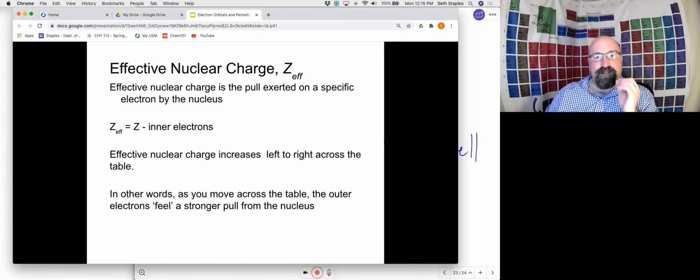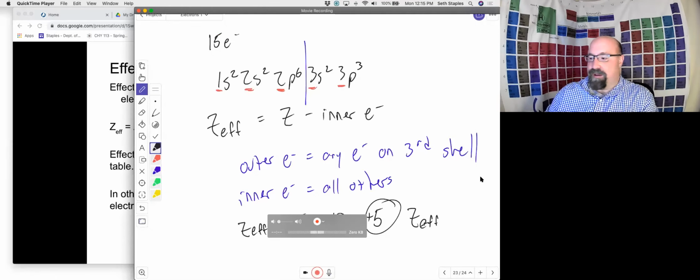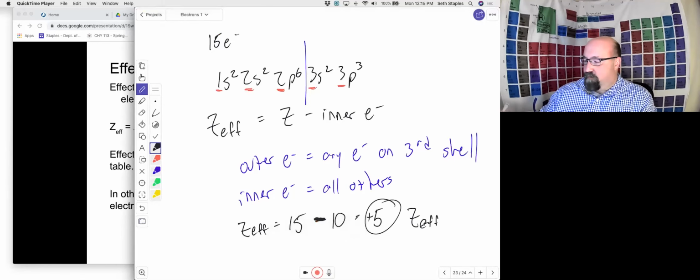And so that should make sense to you then, that the effective nuclear charge will increase left to right across the periodic table. And so again, if we just turn back to here, if we look, for instance, at, remind me what's after phosphorus, sulfur, with its 16 electrons,